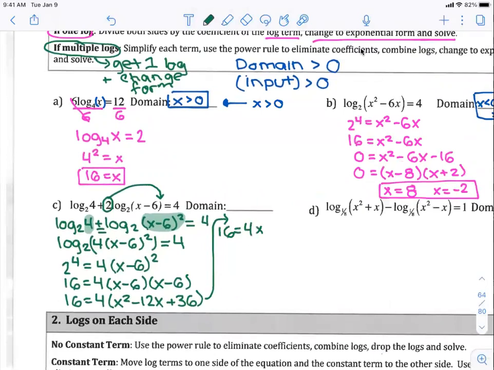Actually, I could divide by 4 to everything. I'll do that on the next step. So now I'm going to go ahead and divide everything by 4 because I'm noticing that they're all able to be divided by 4. I could have done that in the last step, but that's okay. Which gives me 4 equals x squared minus 3x plus, not plus 12, plus 9. 36 divided by 4 is 9. Now I'm going to set it equal to 0 by subtracting 4. 9 minus 4 is going to give me